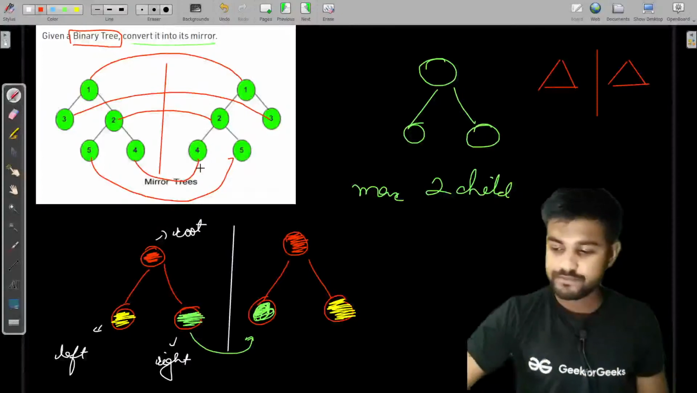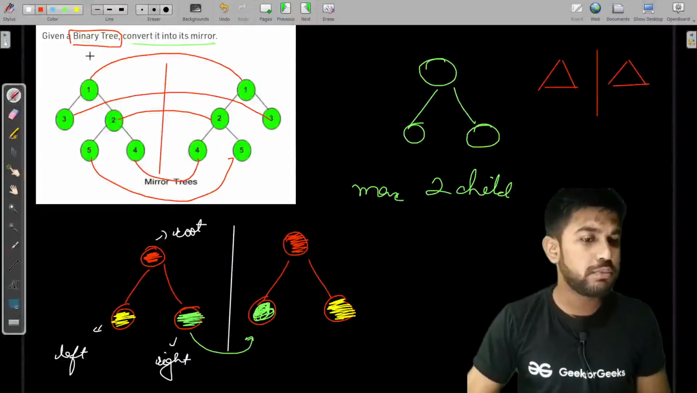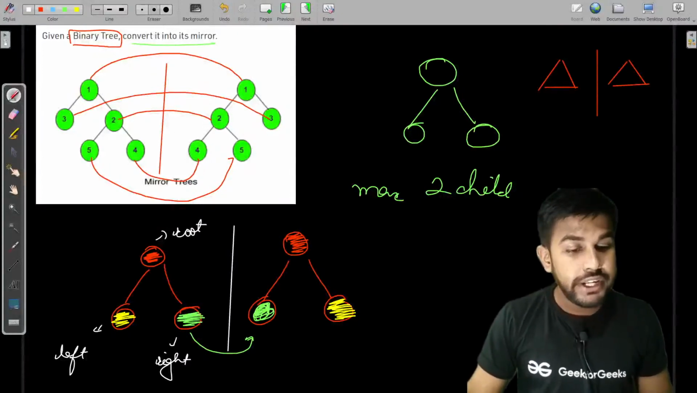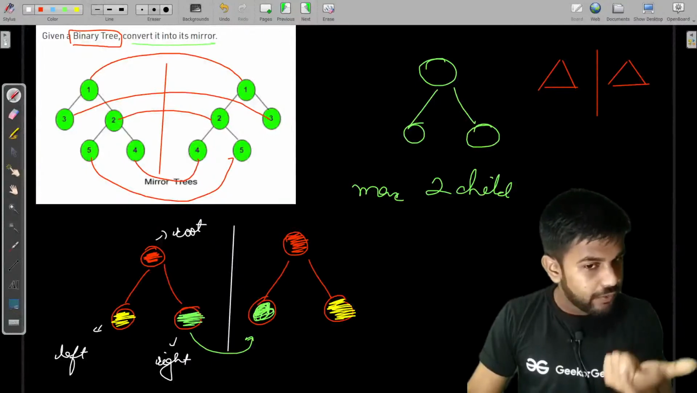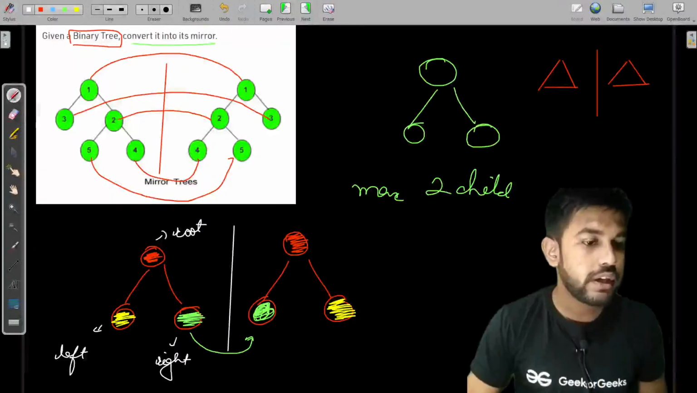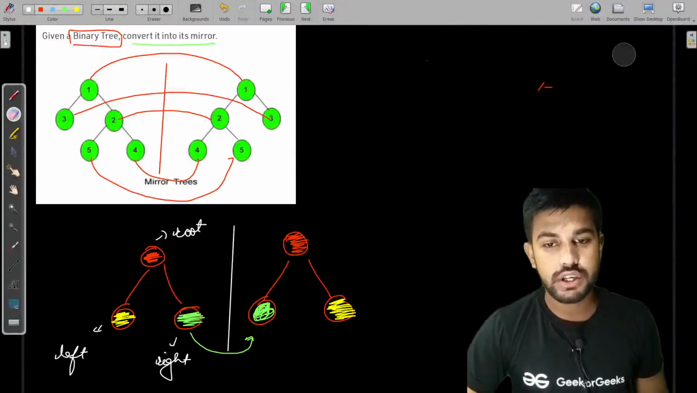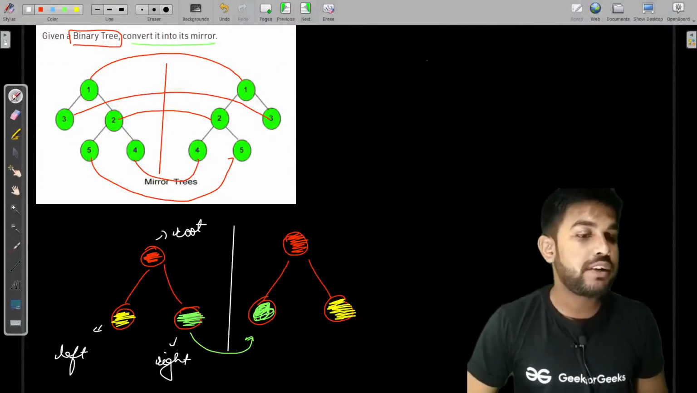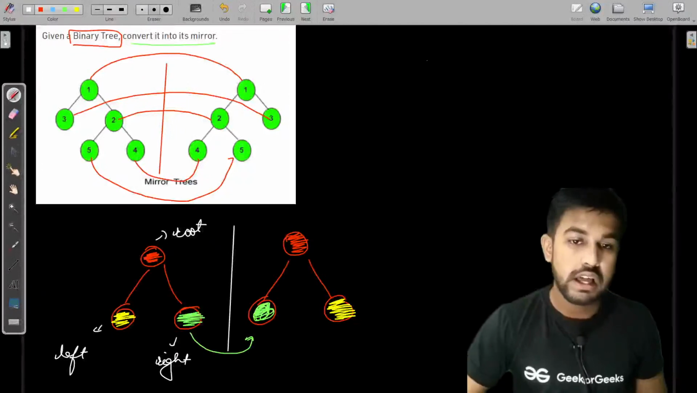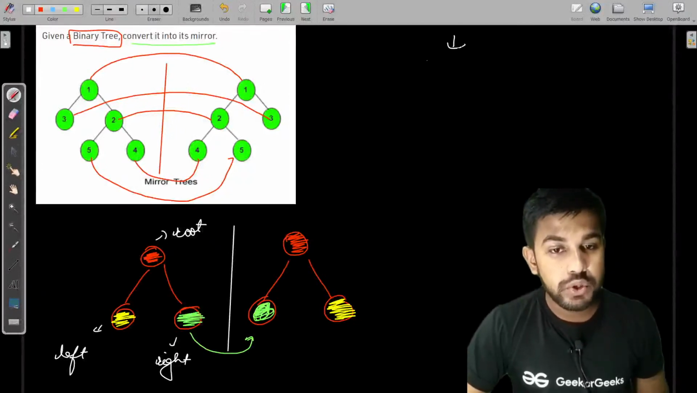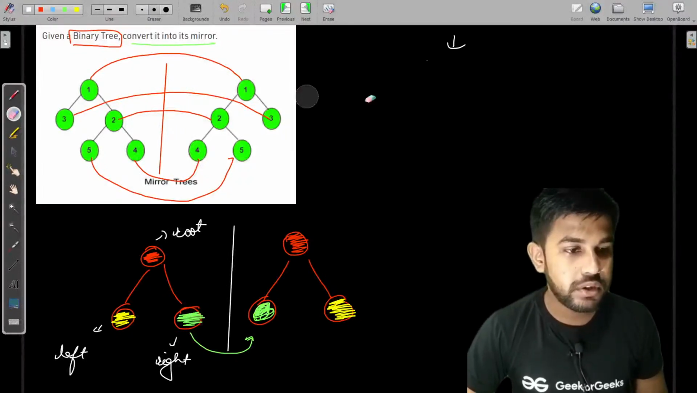So let me know. Fair enough. Now let's move. We can see that we need to swap the left child with the right child. Okay, fair enough. But there is an observation here. Swapping the left child and right child, we have two options: either start from the root, or start from the